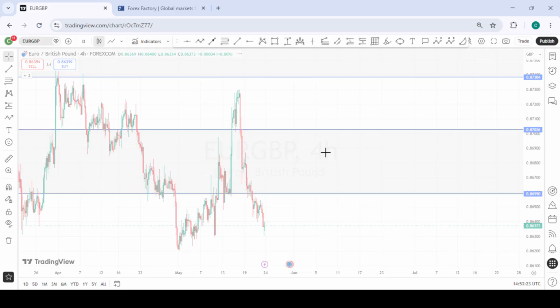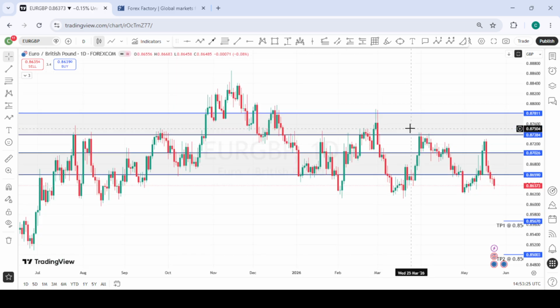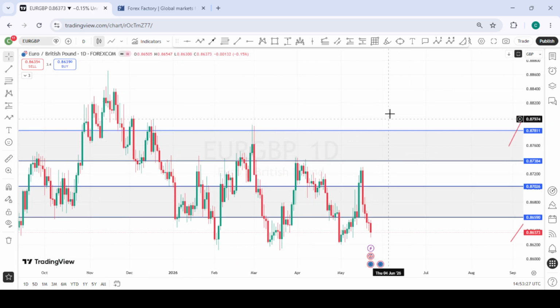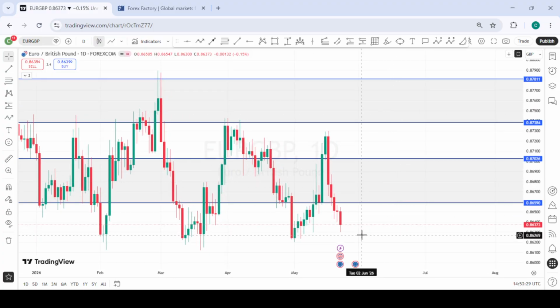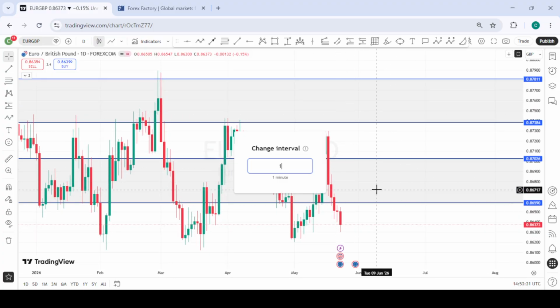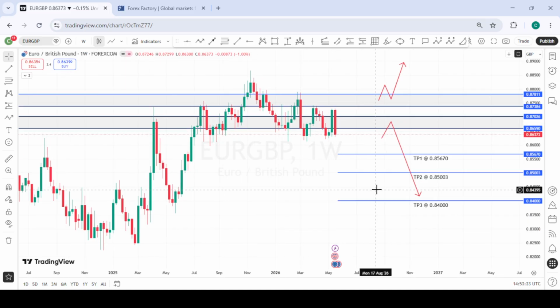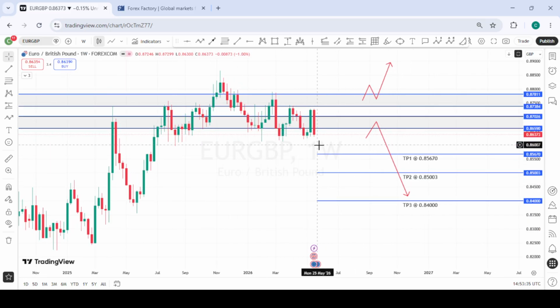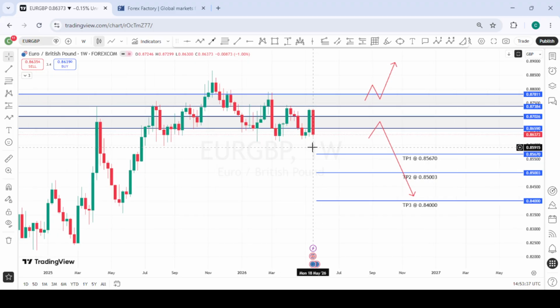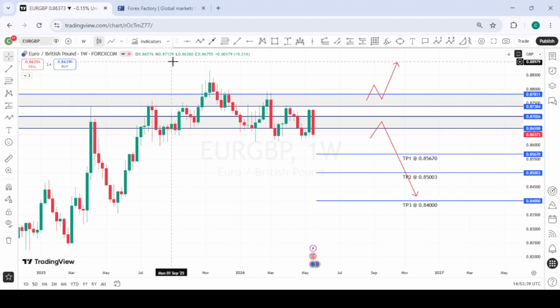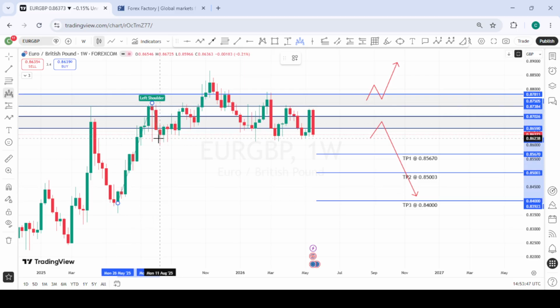This is EURGBP, and for EURGBP, we were looking forward to a possible harmonic pattern. And looking at the momentum of price, we can see that price is very strong, and if you look at the weekly candle, it closed with a bearish engulfing candle, which is signaling some bearishness for EURGBP. We identified this possible head and shoulder formation, but price has been playing around the right shoulder for a very long time. So on the weekly time frame, this is the left shoulder, the head, and the right shoulder.